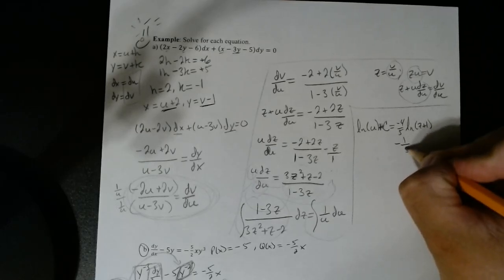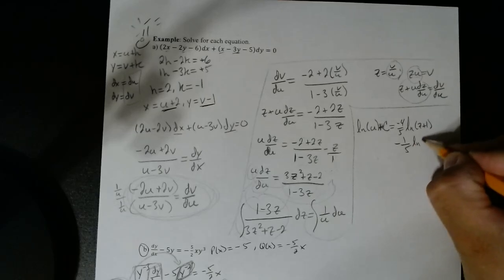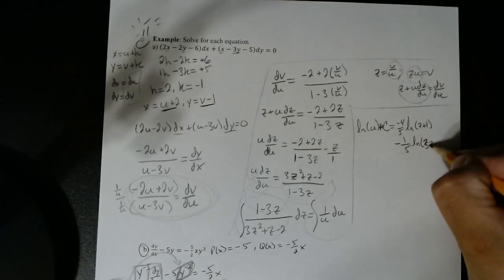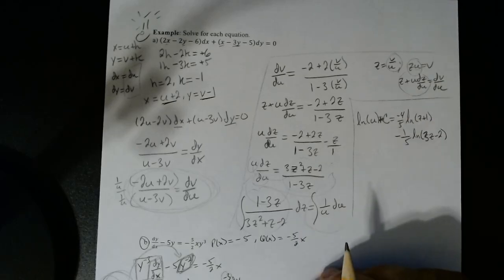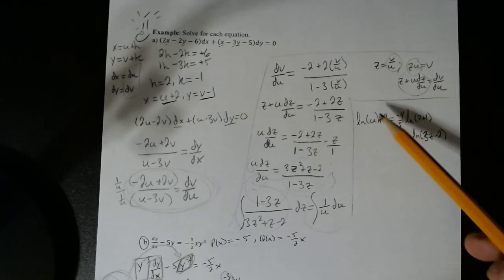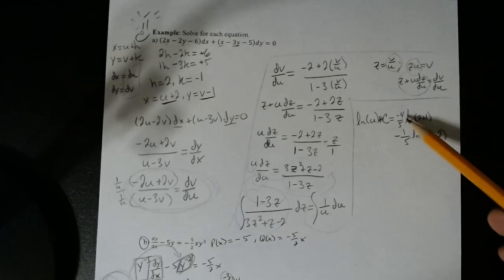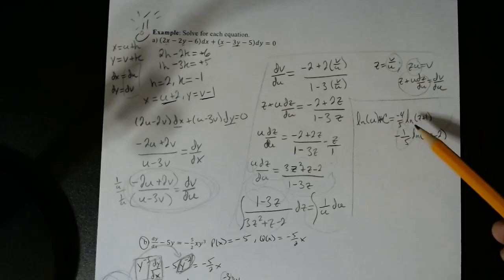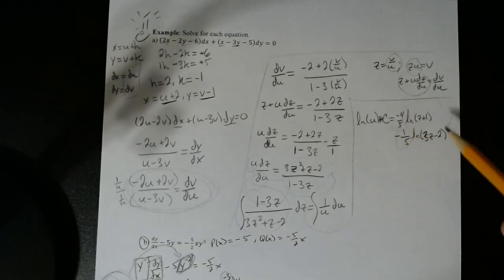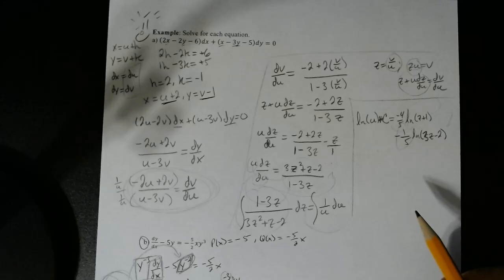Now at this point, you can technically simplify some more. You could put this together, so this will go here, that will go there, and then put these together, then raise everything to the e power, and eventually you could solve for one of them. But it's just messy all the way around. So at this point, all you could really do, or if it's just easier, just plug in what the original values were. For instance,